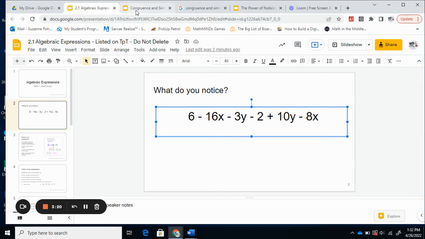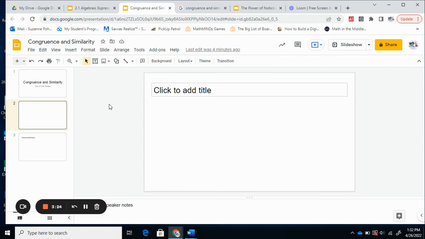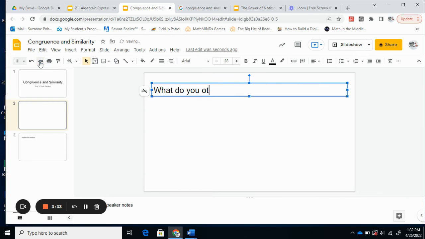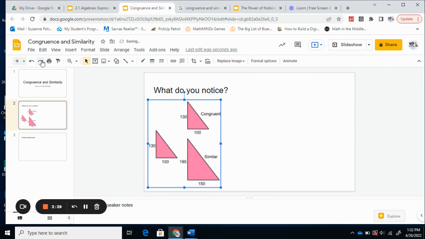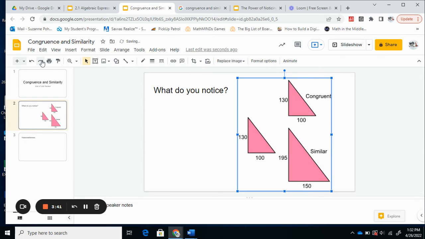So let's look at another way. So that's at the beginning of a lesson. What if we're at the middle of a unit? So I have this unit on congruence and similarity for my pre-algebra and 8th grade math. And I actually am going to embed a what do you notice question kind of at the beginning of this unit review. And I want to make sure my students are attaining what's congruent and similar. And I want to see if they're using the vocabulary and if they can explain to a peer the difference